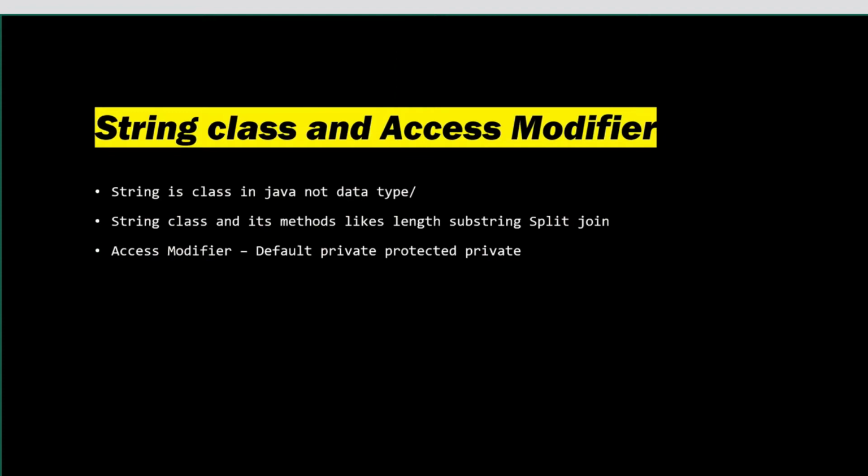What immutable means, and what the different types of methods inside the string class are, we will cover again in the string class topic. And what are the access modifiers? Access modifiers define the scope of members of a particular class. Inside the class there can be a variable, a method, a constructor, and which class or which method that particular method, constructor, or variable will be visible to is specified by the access modifier. There are four types of access modifier: public, private, protected, and default. What exactly they are, we'll cover in our access modifier topic.